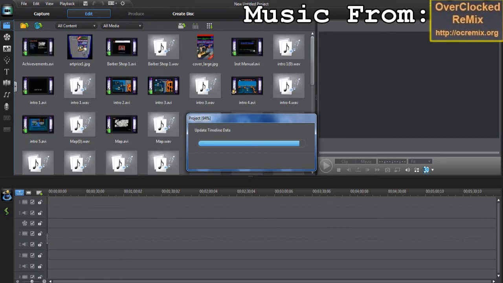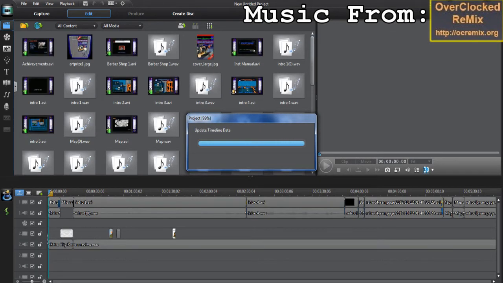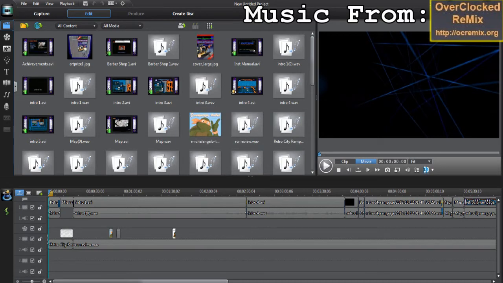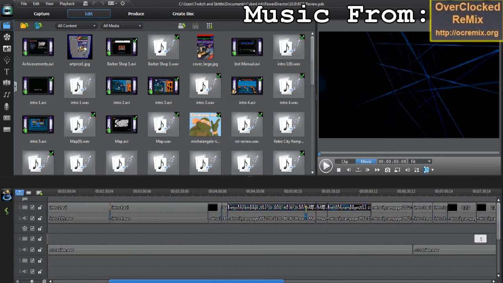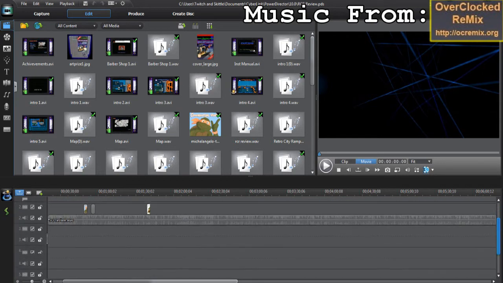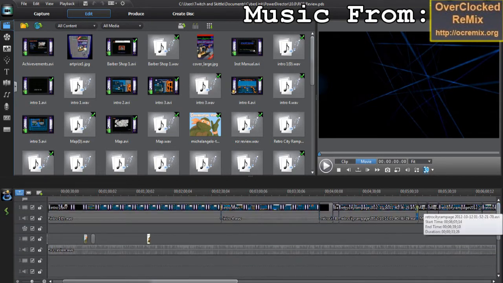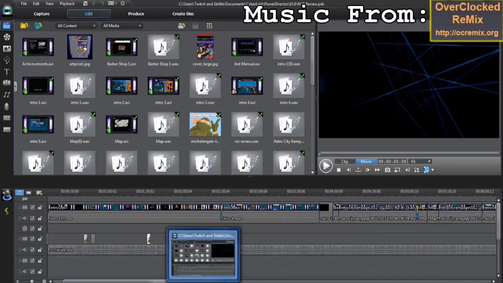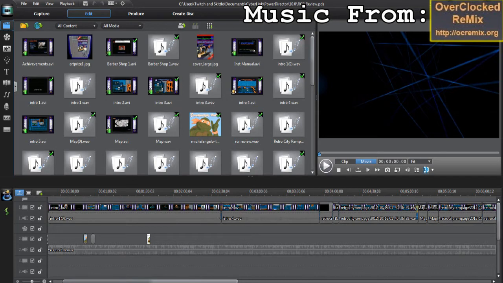So, as you can see, I have a lot of stuff in here, everything from JPEGs to AVI files, and it has a nice little linear layout. You can change the layout to different kinds of views if you want to. This is the best layout. And what makes Power Director so cool is the fact that you can have multiple overlaps, which is something that I never had with Windows Live Movie Maker. Not to say Windows Live Movie Maker is horrible. It's not ideal, but it's what a lot of people are stuck with using.